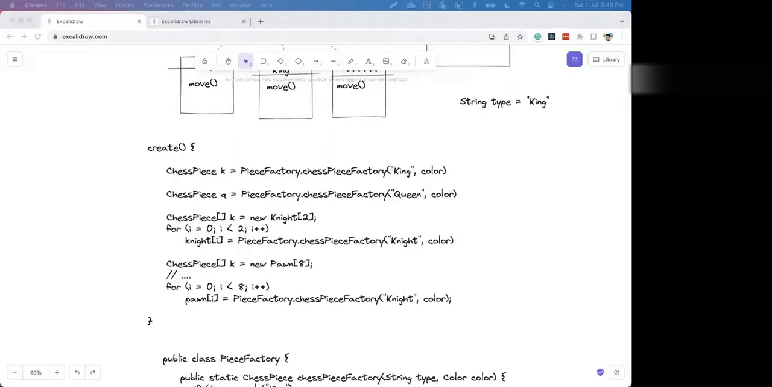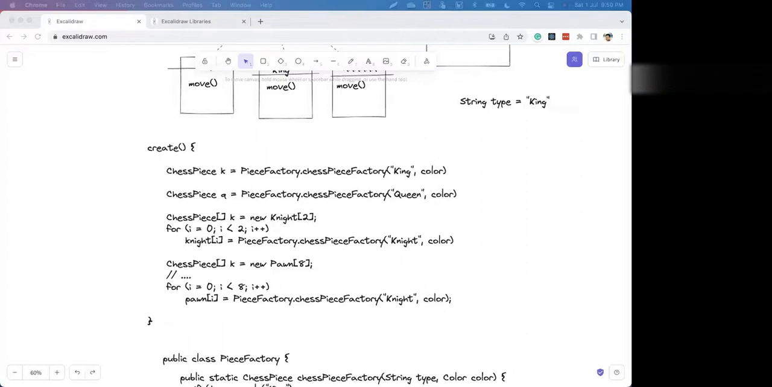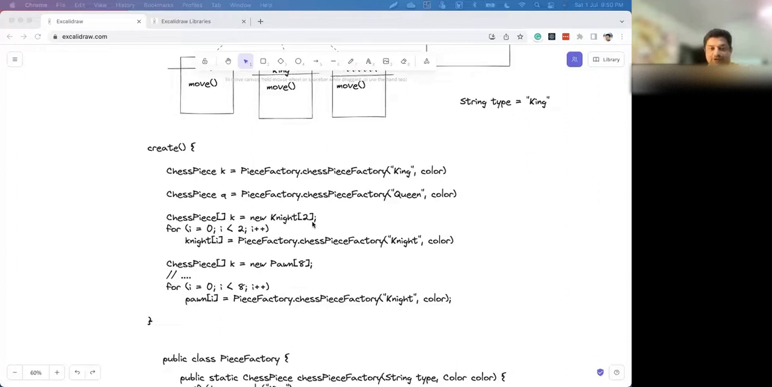Tarun? Yes. In the first create method, we instantiated all the pieces, right? And now we have created a new method, chess piece factory, and we moved that logic to this method. What is the benefit that we are getting? We just shifted the instantiation from create to chess piece factory. But what is the benefit that we are getting? Right. So the benefit which we are getting is